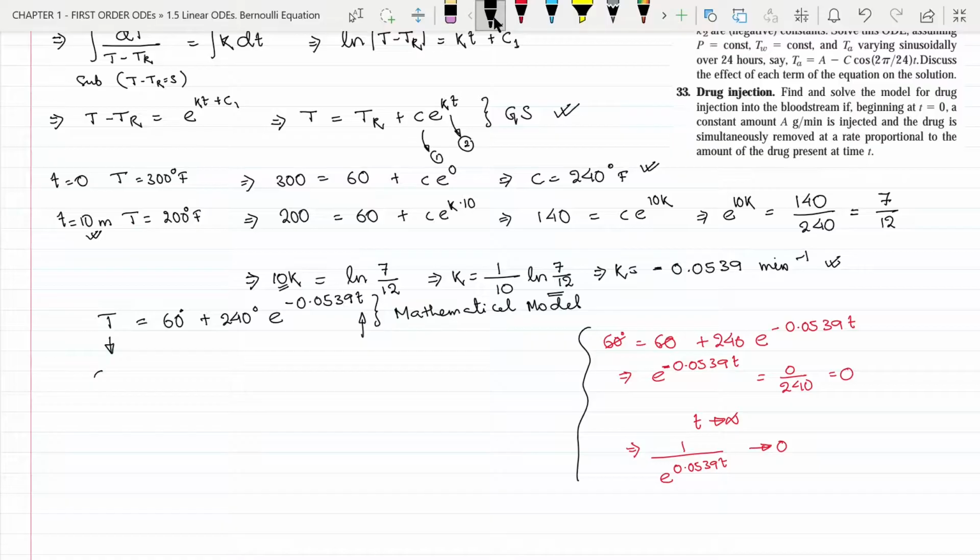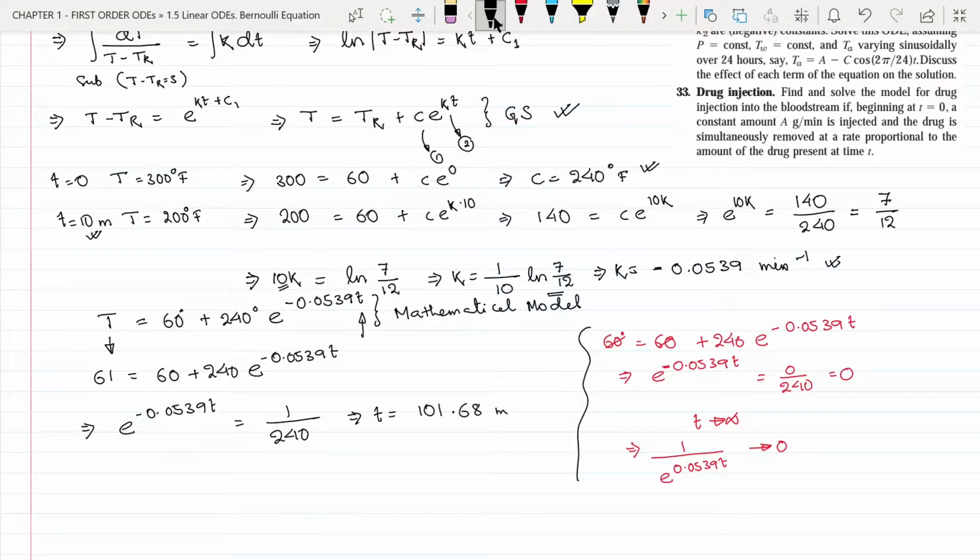We'll put T equal to 61, which is equal to 60 plus 240 e to the power minus 0.0539t. This implies e to the power minus 0.0539t equal to 1 by 240, which implies t equal to